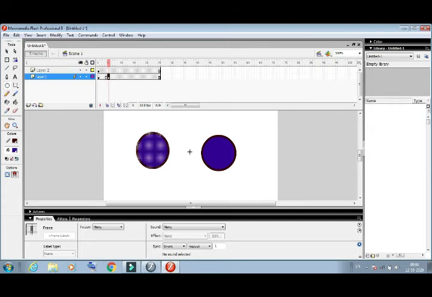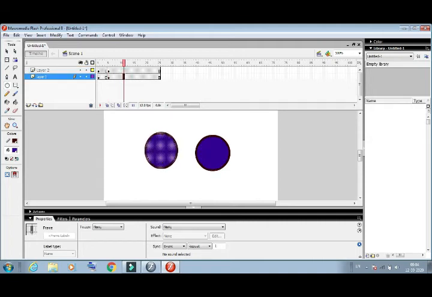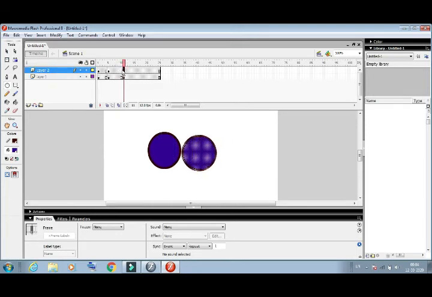Then after we will apply the same frame to layer 2. How can we apply? First we will select layer 2, and then use the left key on the keyboard, then press F6. We will continue the same approach again and again. Then use the right key on the keyboard, press F6, and then go to layer 2 and move the layer 2 circle in the left direction and press F6. So this is the layer set.